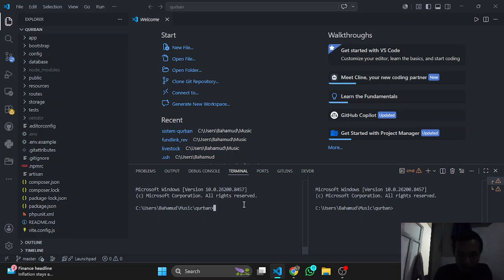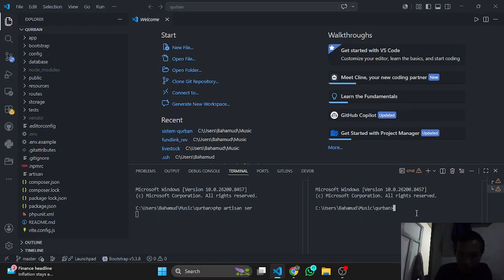For Laravel, you must type php artisan serve, press enter. And for the layouts or front end, just type npm run dev.